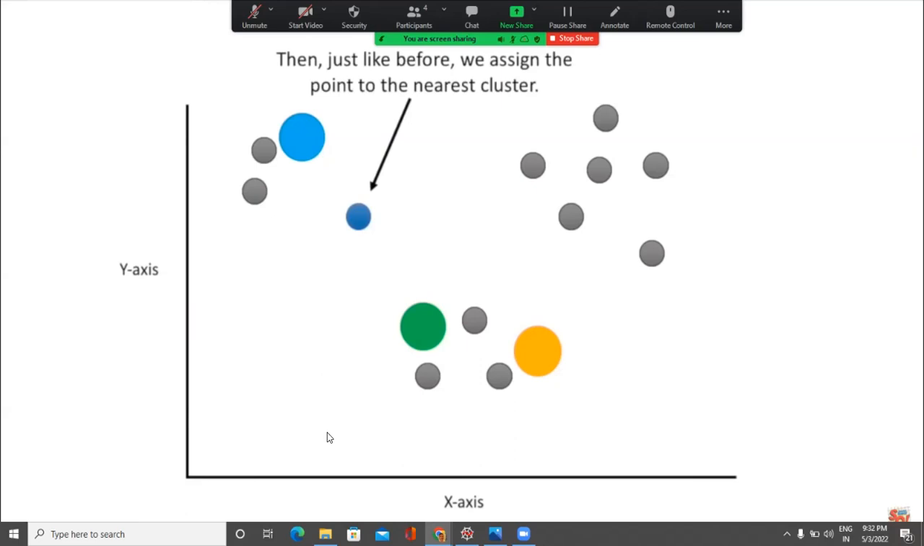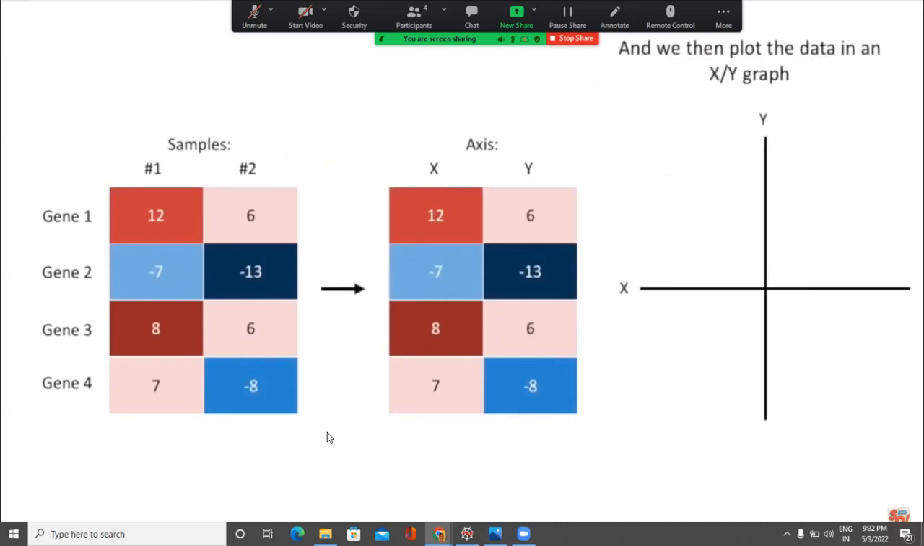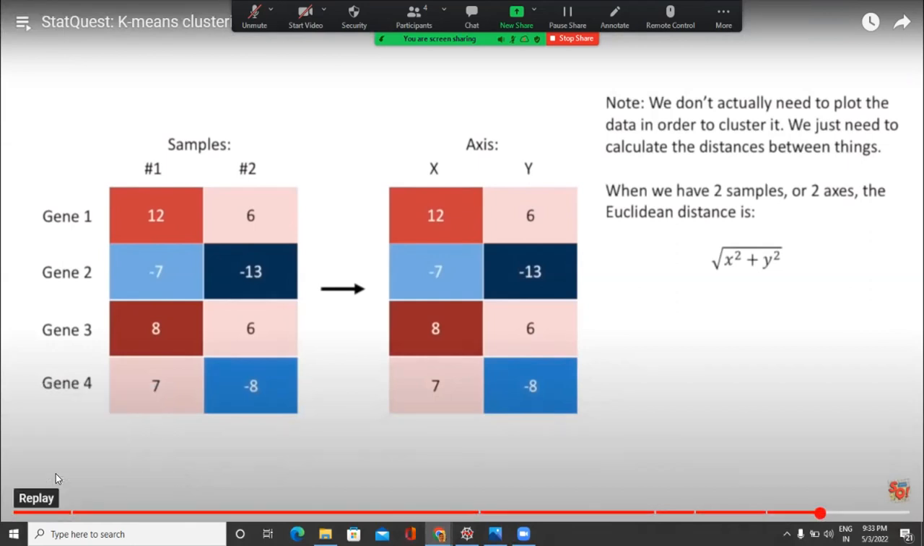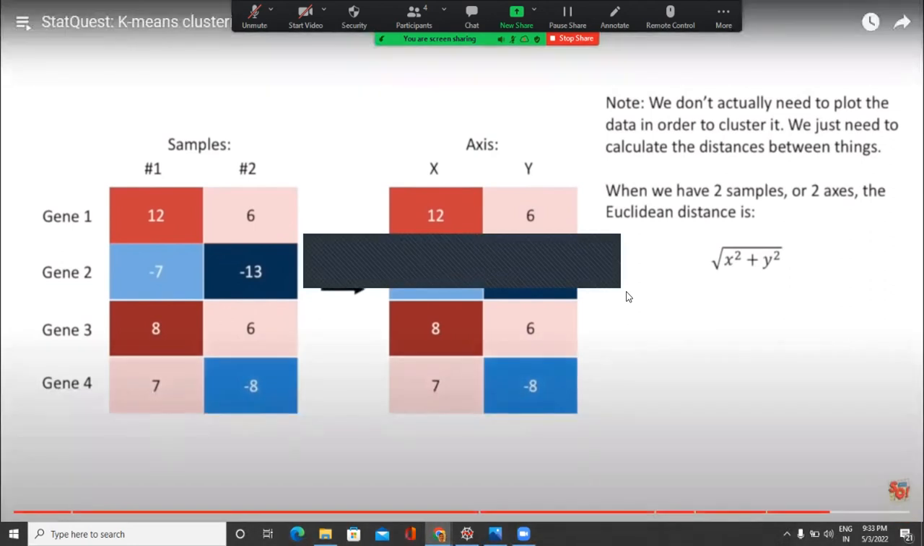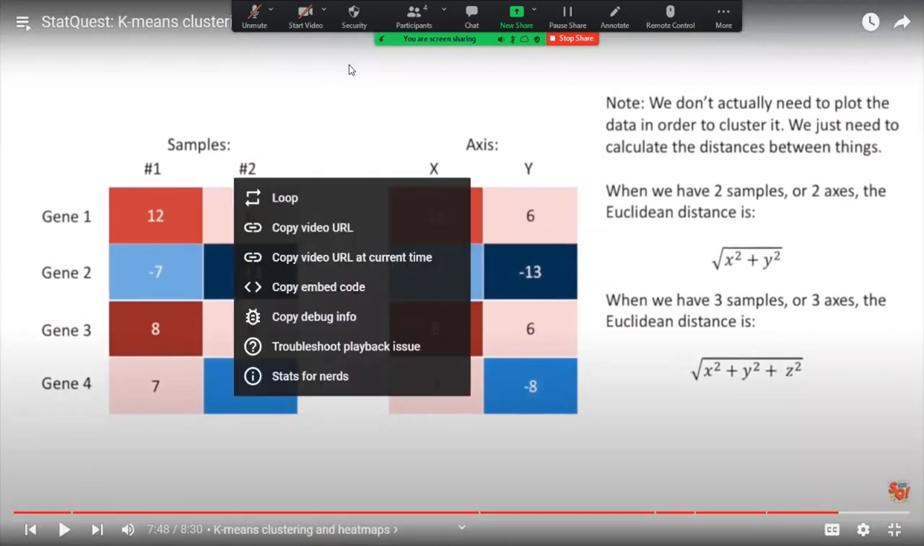Question: what if my data is a heat map? Well, if we just have 2 samples, we can rename them X and Y. And we can then plot the data in an XY graph. Then we can cluster just like before. Note, we don't actually need to plot the data in order to cluster it. We just need to calculate the distances between things. When we have 2 samples or 2 axes, the Euclidean distance is the square root of x squared plus y squared. When we have 3 samples or 3 axes,